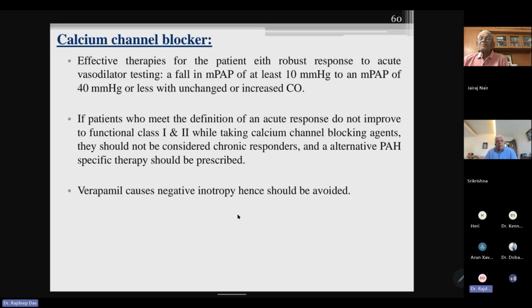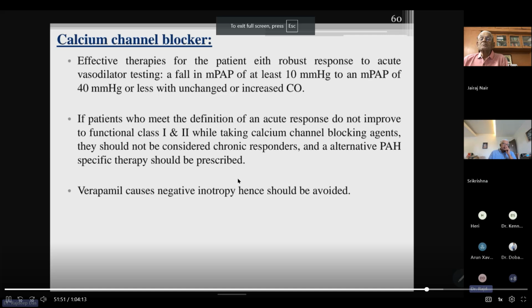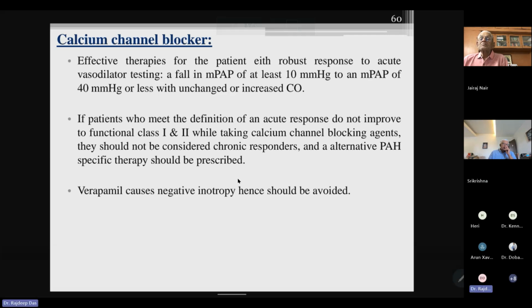We can challenge the patient with the vasodilator challenge test: a fall in mean arterial pressure of at least 10 millimeters of mercury to a mean arterial pressure of 40 millimeters of mercury or less, with unchanged or increased cardiac output. If patients who meet the definition of an acute response do not improve to functional class 1 or 2 while taking calcium channel blocking agents, they should not be considered chronic responders, and an alternative PAH-specific therapy should be